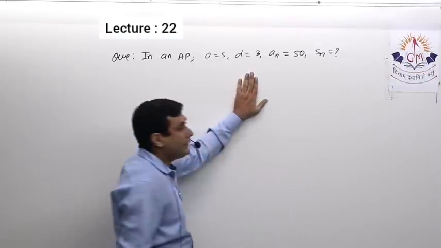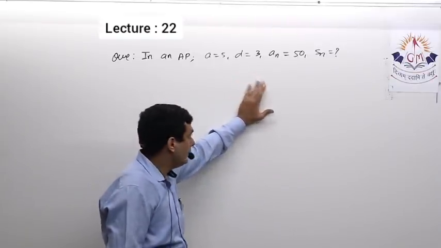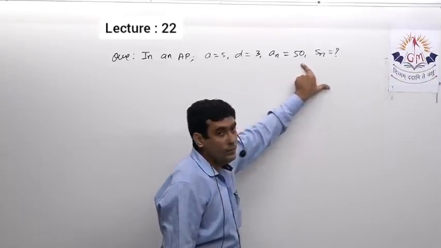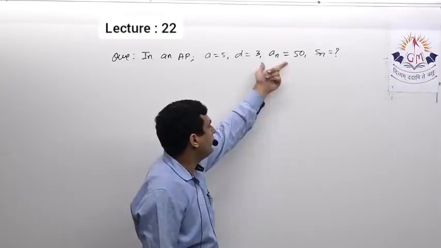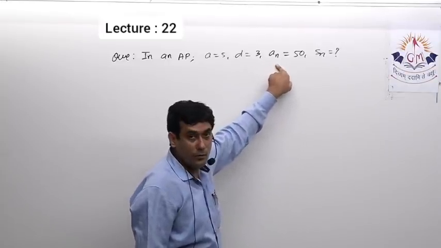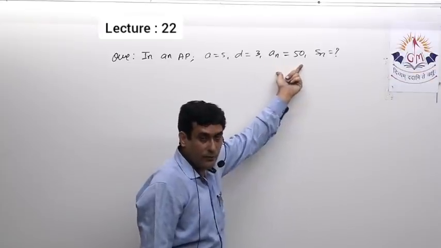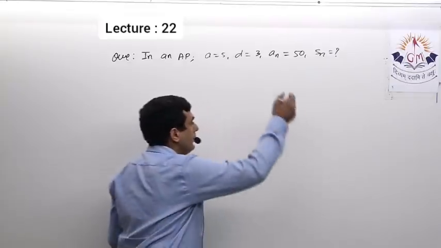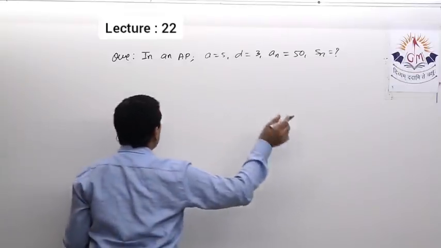Now this is exactly the question that we did in the previous sum. Over there again a1 and an were given. Actually an was also not given. First we used to find an, and first we got the value of n. So here again as an is given, first we need to find the n, that means the number of terms, then only we can find the sum of terms.